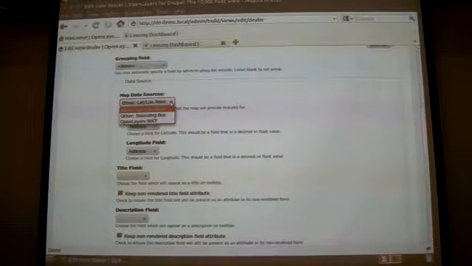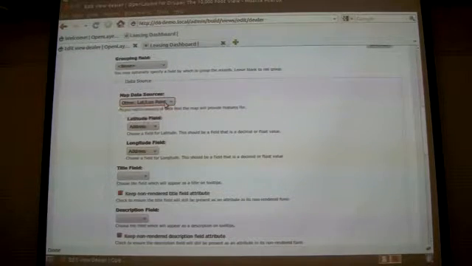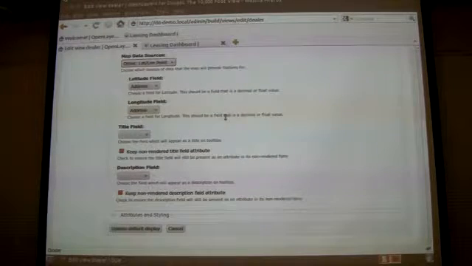Map data sources. It's asking me, well, what do you want me to use from the data fields? Do you want me to use some lat-long coordinate system based on some fields you've got? Or are you going to give me a bounding box of coordinates? Or am I going to use this OpenLayers CCK field? The only reason I didn't use the OpenLayers field is because the import module doesn't talk to it. But again, the functionality is pretty similar, so it's not really going to affect the setup of a view like this. We're going to pick other lat-long because we're going to say we want to manually pick our latitude and longitude fields. So right there, pick lat,